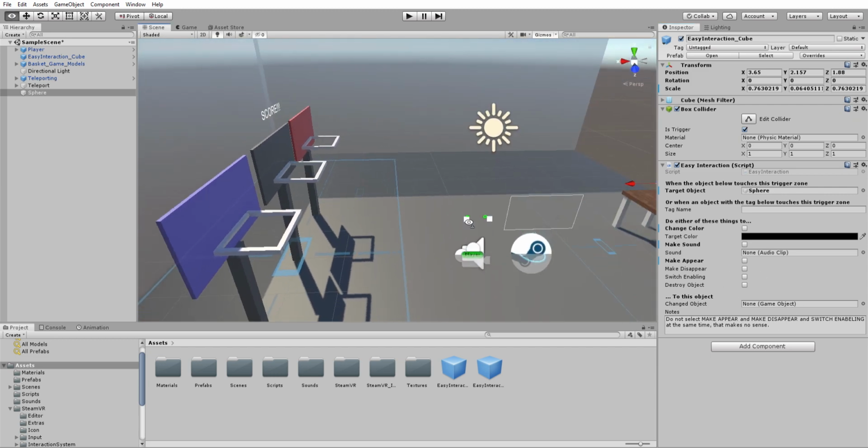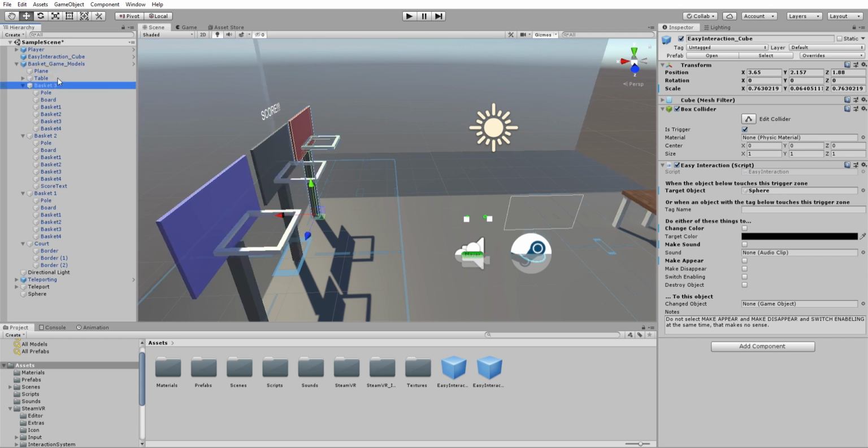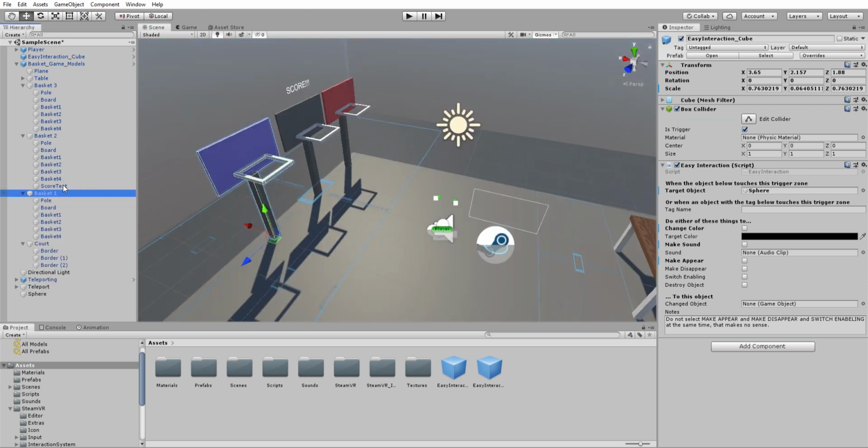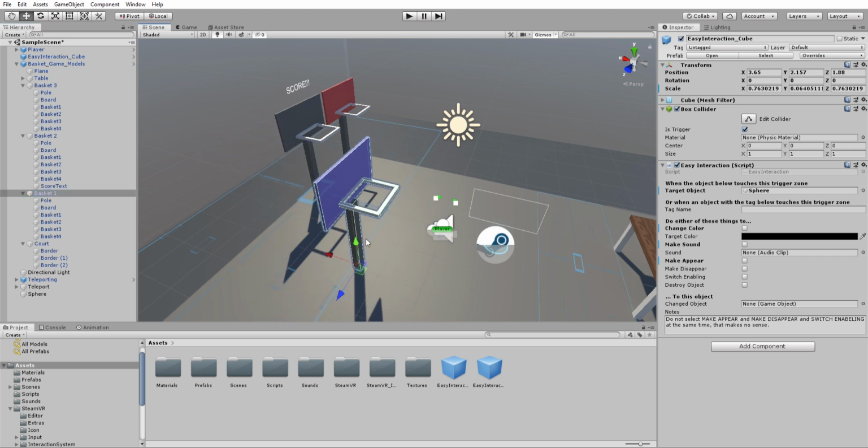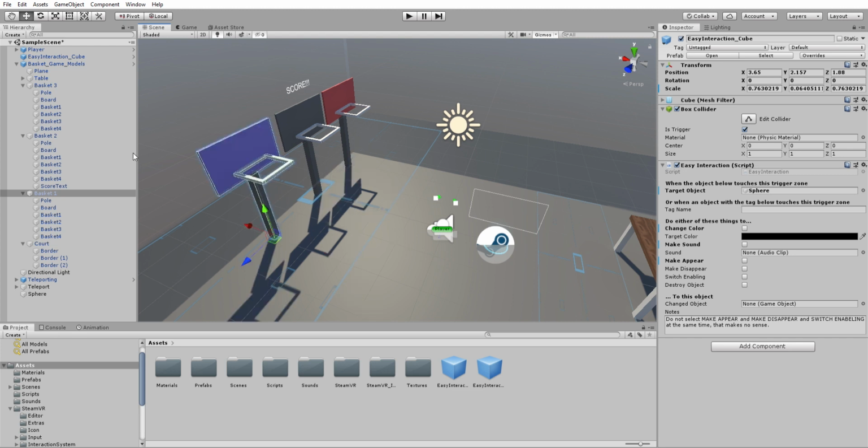And what I wanted to do is make the whole basket disappear. So I'm going to go into this basket, find it, and somewhere in here is the game object for this basket. As you can see, I created a bunch of little boxes and I've nested them all into one big basket. So I can move this around and all the other cubes are going to move with it. I'm going to reset its position and drag this entire game object to this object